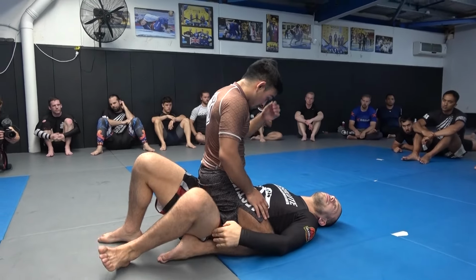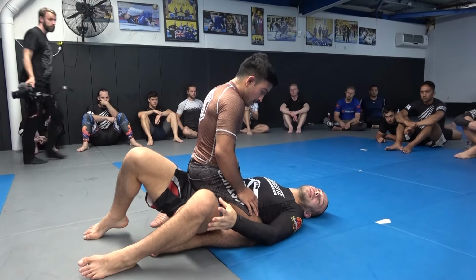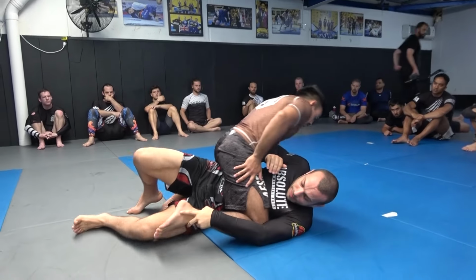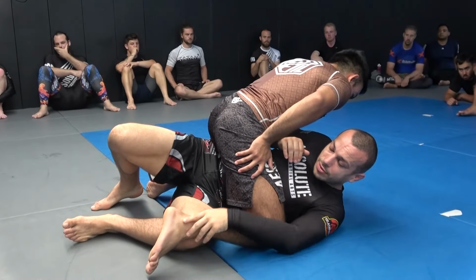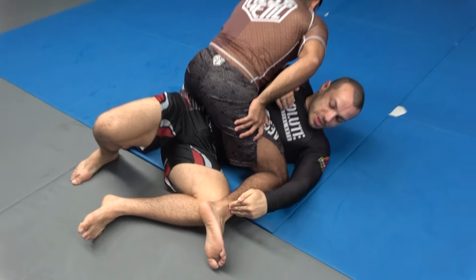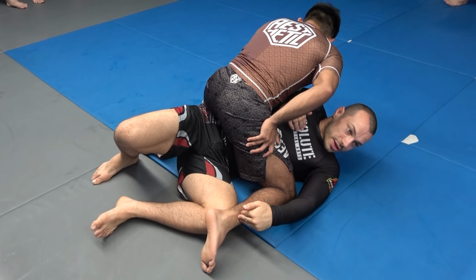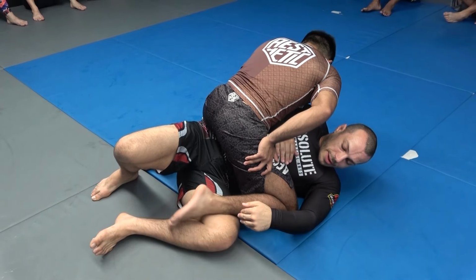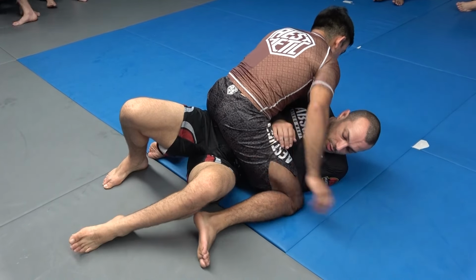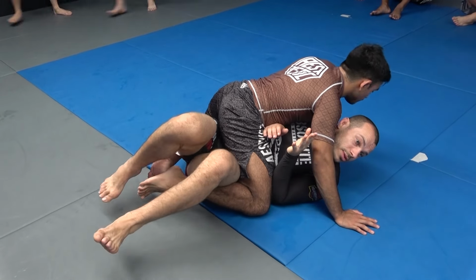There's a battle going on for the leg positioning. So what I want to get with my legs is inside leg positioning. I want my left knee past the line of Mikhail's ankle, like this. When you see here, there's nowhere Mikhail can put his foot that's safe now. That keeps it from not being able to be trapped. What Mikhail tends to want to do is put his foot underneath my leg. Now I can't trap that at all. So if we go back,